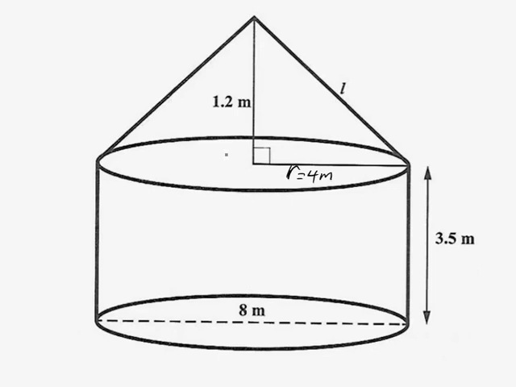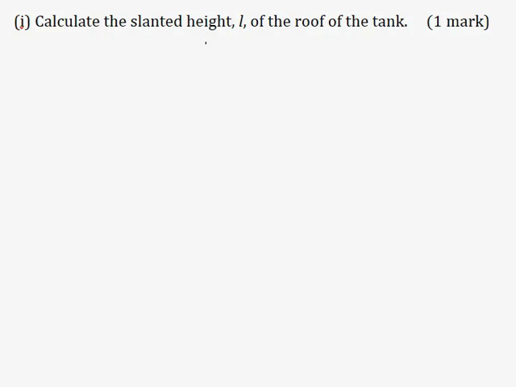And the vertical height of the cone here is 1.2 meters. So I will call it H1 is equal to 1.2 meters. Now notice here that they gave us a right angle triangle. And I could use Pythagoras' theorem to solve for the hypotenuse L. You'll recall here that Pythagoras' theorem states that the hypotenuse squared is equal to the sum of the squares of the other two sides. So I'll write here by Pythagoras' theorem